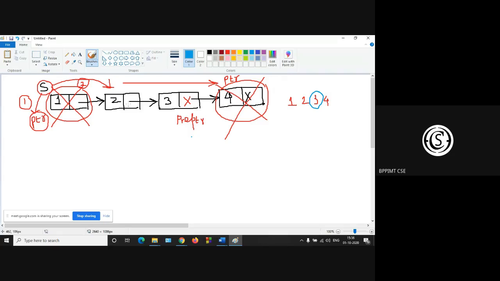So you have to delete this value. First cross this connection, and cross this connection, and make a connection from 2 to 4.